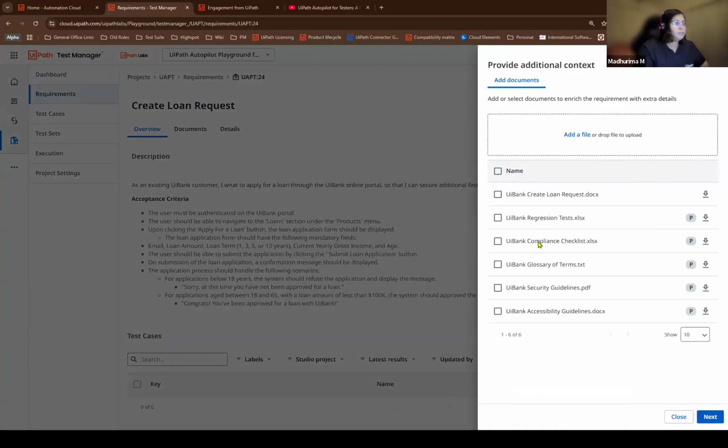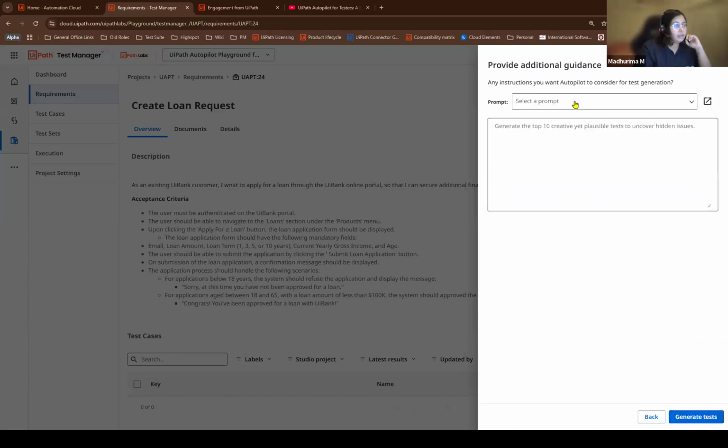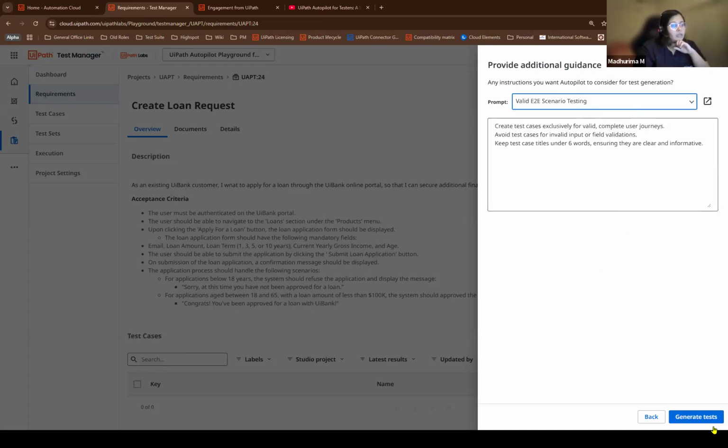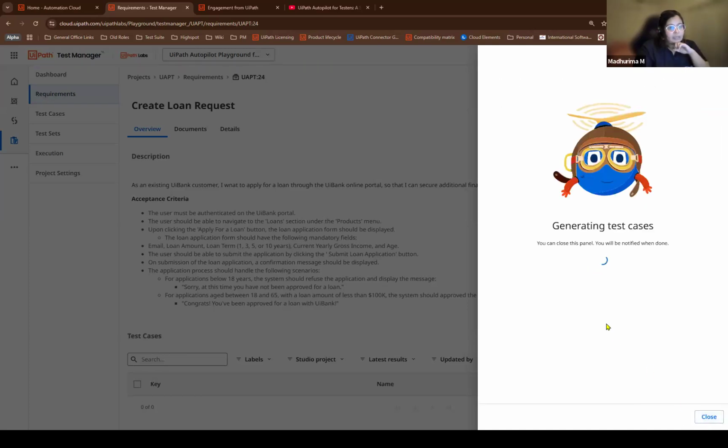Again, you give the additional context, like a file, if you have any document which gives you more insights on how the tests should be, and so on. Then add a prompt, and here you see you have different levels of prompts specific to testing and generating the test. So I'll say okay, validate end-to-end scenario, and generate tests for it. Again, autopilot is working over here, and it will take a minute for it to generate tests specific to this